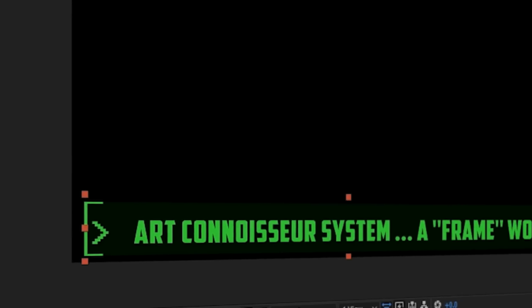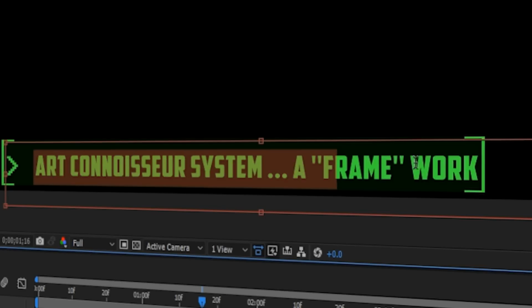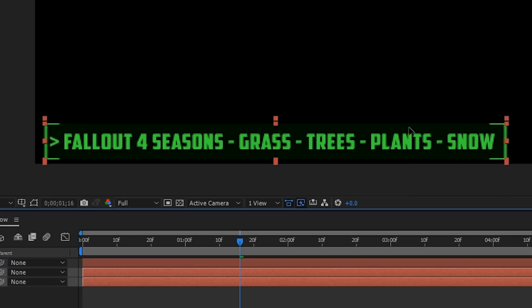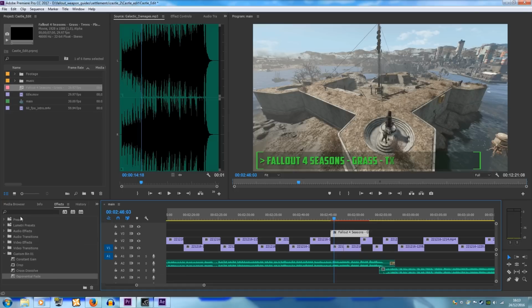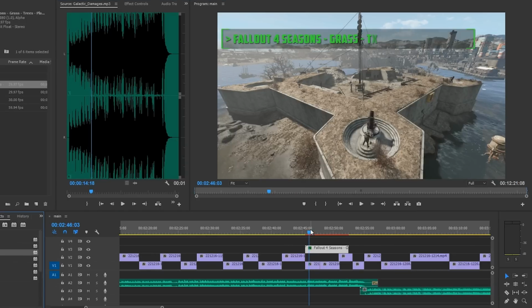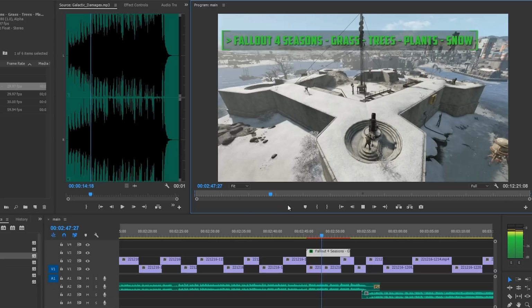I'm going to be using the dynamic link with After Effects, and with this very simple template, all I've got to do is put in the correct name of the new mod and scale it so that it actually matches and looks tidy, and then I can drag and drop all of them in just by searching for the name of the composition from After Effects. And because I do it this way, that template has got hundreds of mods in there, all of which are correct and can be dropped into the edit at any time I want to use those mods,